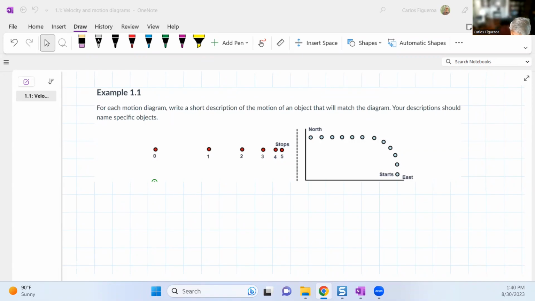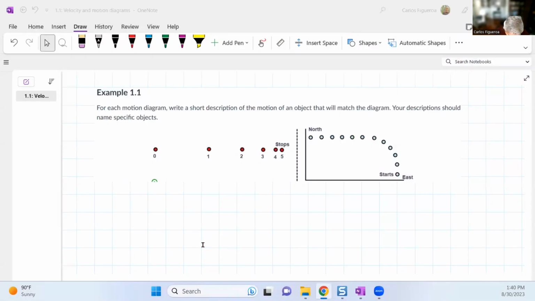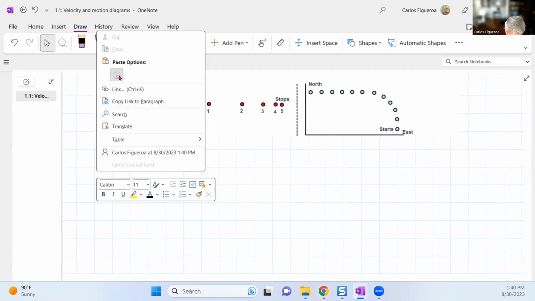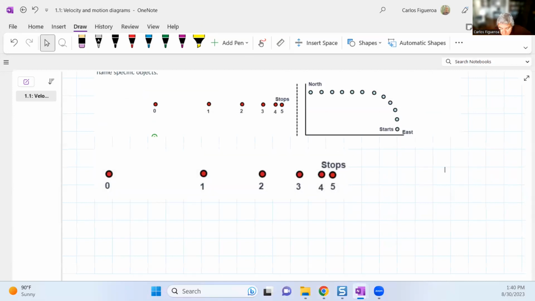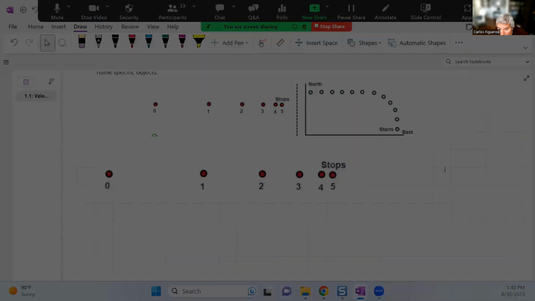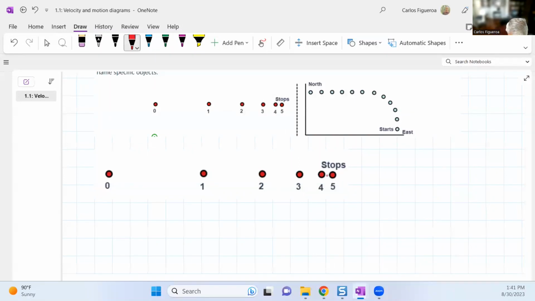So in this case, let's look at the very first one here. What am I actually seeing here? Let me just grab the image. If I look at the first image and I paste this, what am I actually seeing? Well, I have my point 0, and from my point 0, I know that it's going to stop here. So if I was to draw a motion diagram for this thing, note that according to this image,